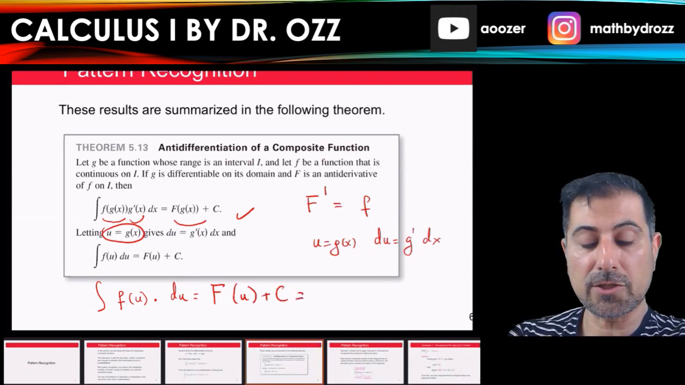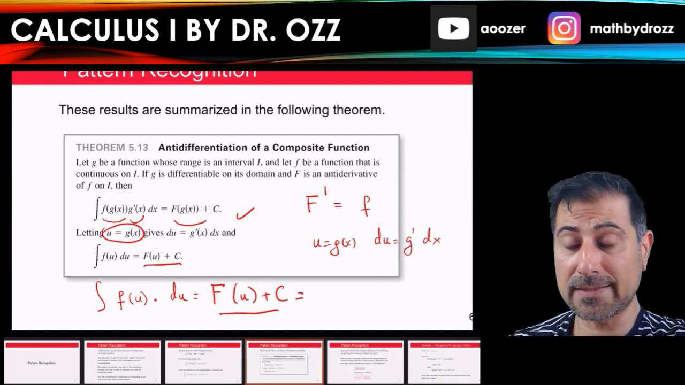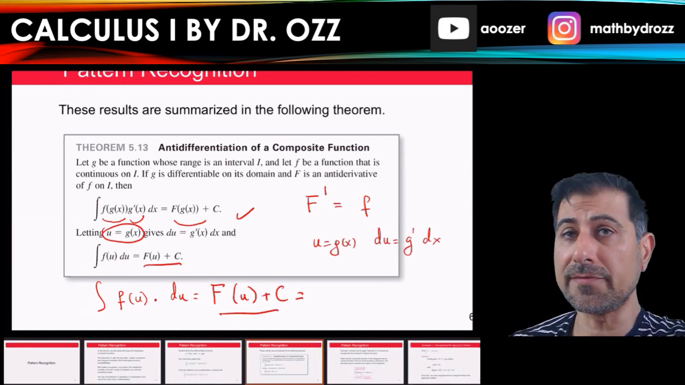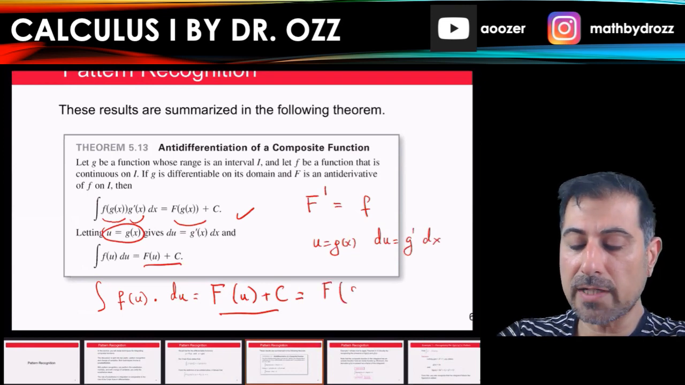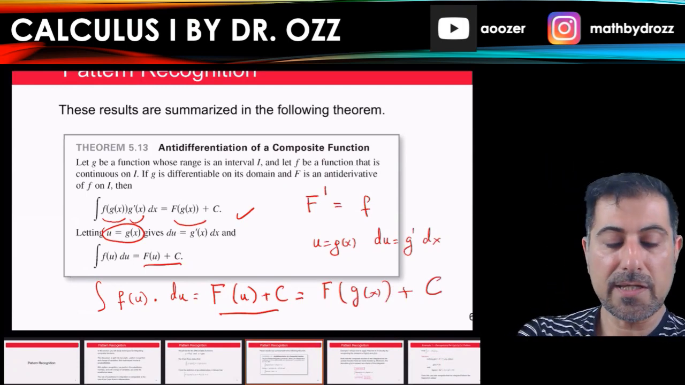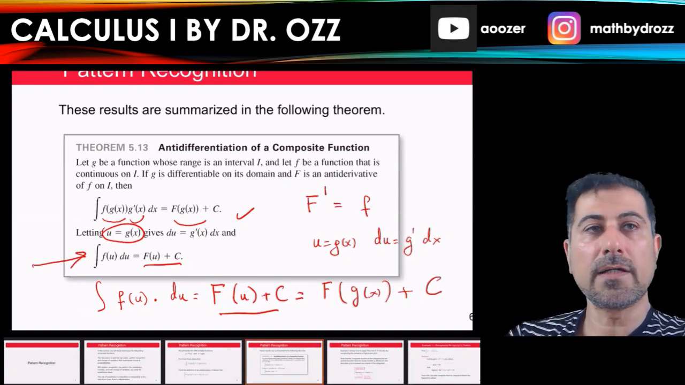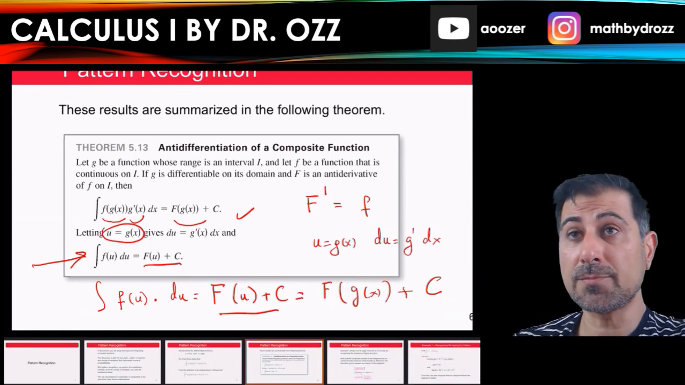And after the integration, you should go back to the original variable, which is x. So u here is an auxiliary variable, and once we're done with the integration, we go back and write it as F of g of x plus c. I think this way of rewriting the integral is going to be used a lot in this chapter,